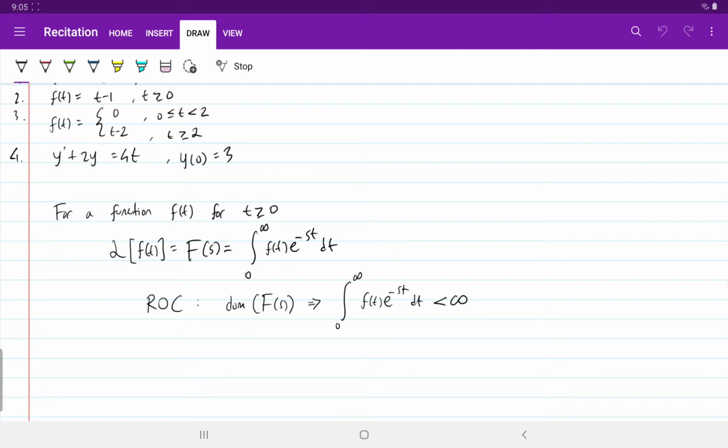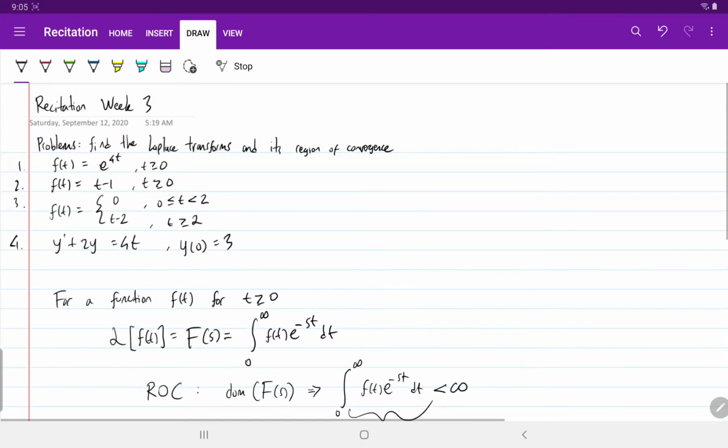What is region of convergence? It is defined as the domain of F of s such that the integral is finite. Okay, so it is not infinity, this is finite. If this integral is finite, then we say that the Laplace transform exists. Alright,